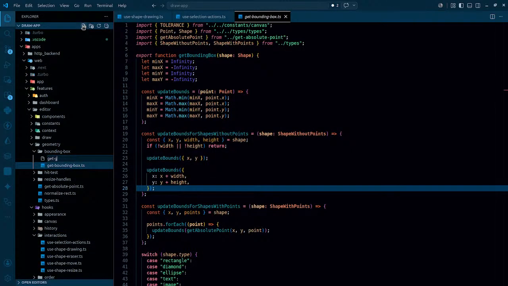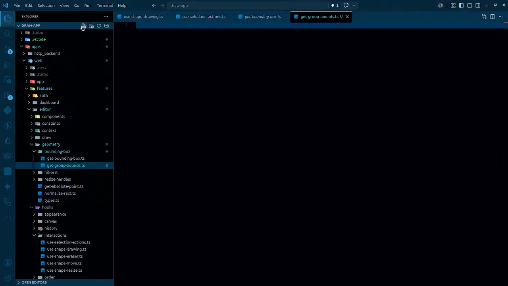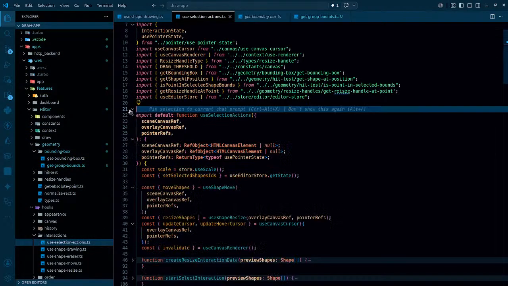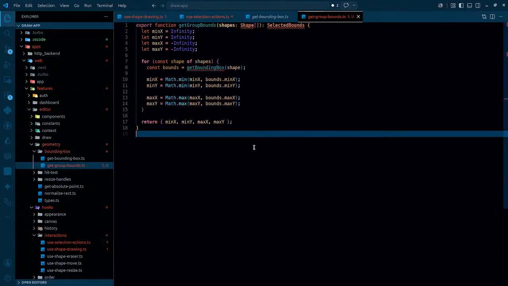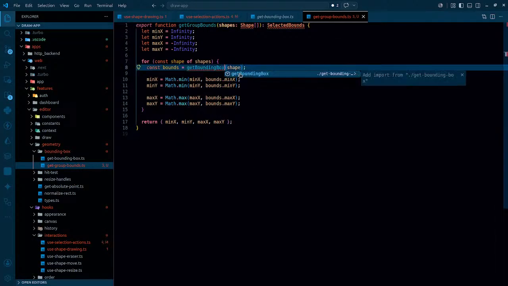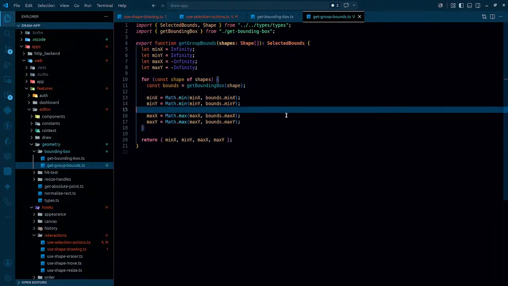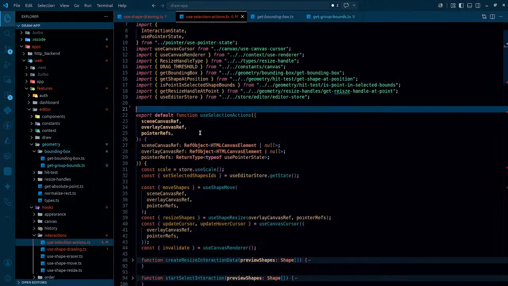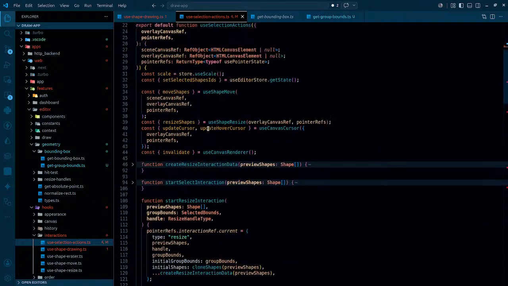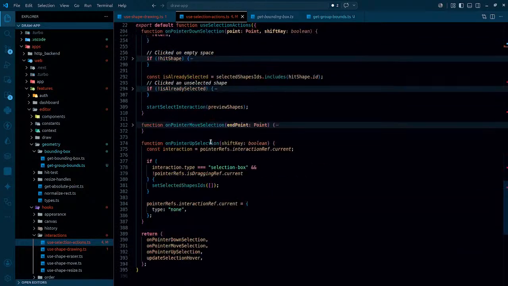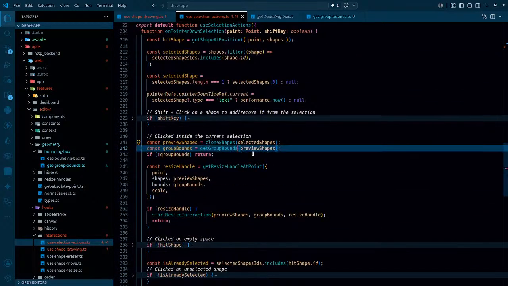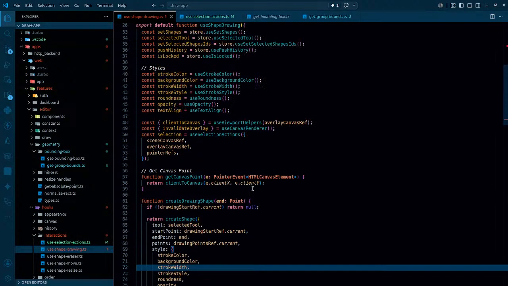Get group bounds.ts, export. I think I can just simply copy and paste, that will be better. Coming back to this, the whole thing we need to cut from here, and we have to simply paste it in here. Get bounding box, and alrighty, this seems to be done, and over here I'll actually need to import it. So this is actually going to be imported just in here. As for this one,